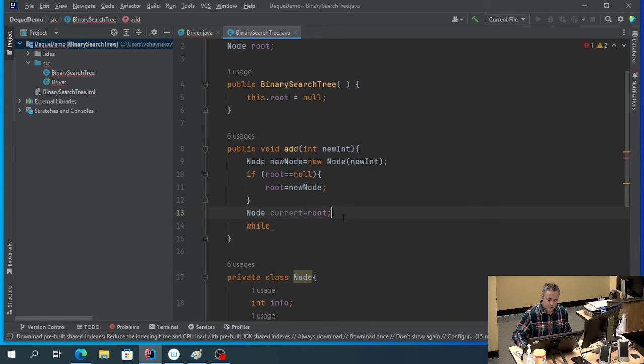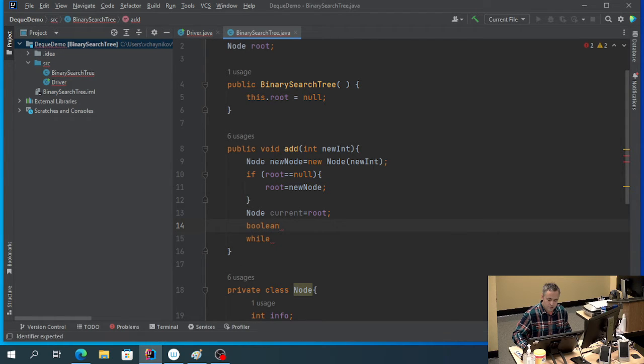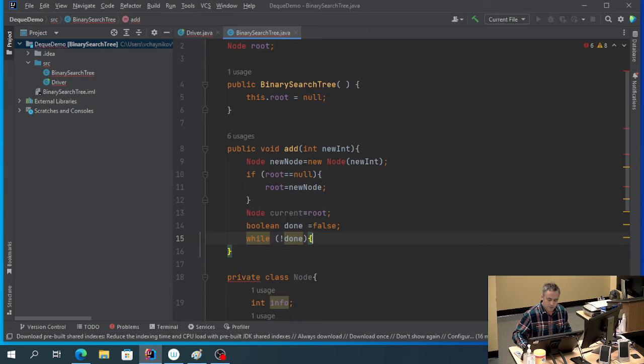So maybe I want a flag variable, boolean done equals false, and while not done, or just break the loop. Breaking the loop is probably better when we need it. So while true,